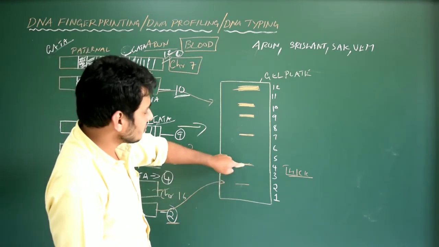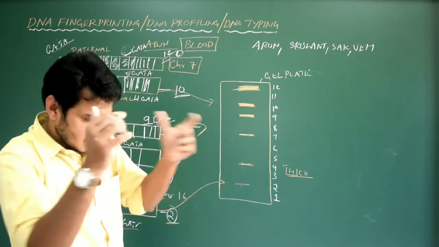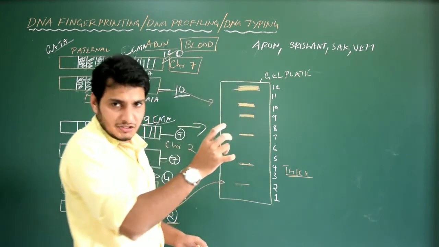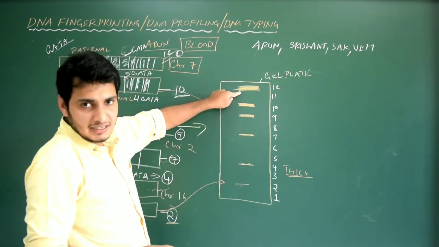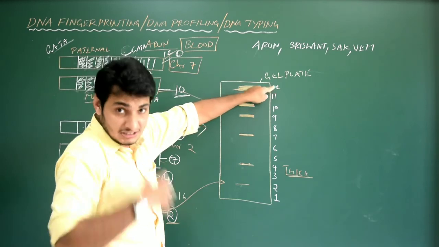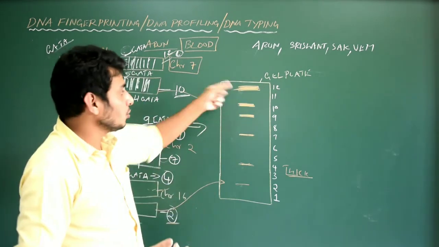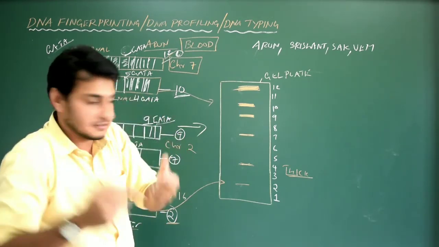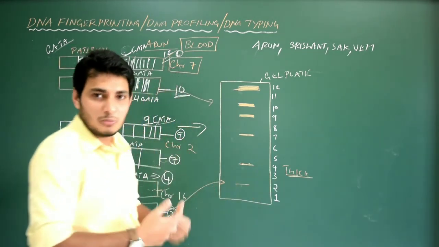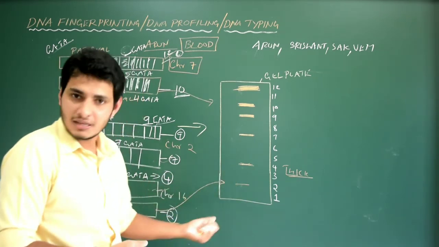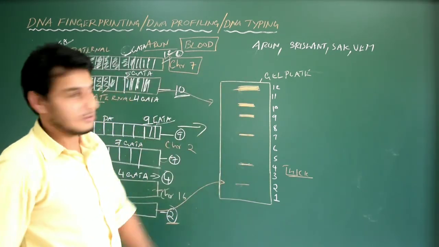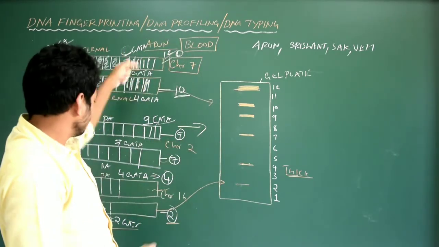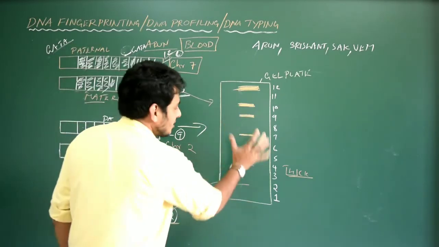So I am going to post one picture of real DNA fingerprinting. If you see darker bands, these are nothing but GATA. How many GATAs are there? 12 GATAs are there. That is, tandem repeats are 12. So that means the more the tandem repeats, the thicker the band will be. It is darker. The fewer the tandem repeats, obviously it will be much lighter. So this is my DNA fingerprinting because they collected it from the crime spot, that is from the blood. So this is now DNA fingerprinting done. So this is now ready.